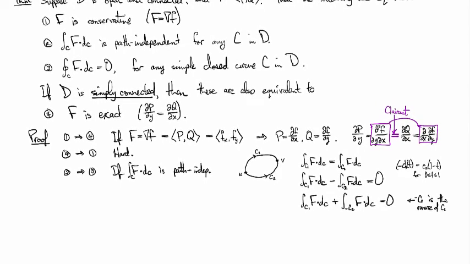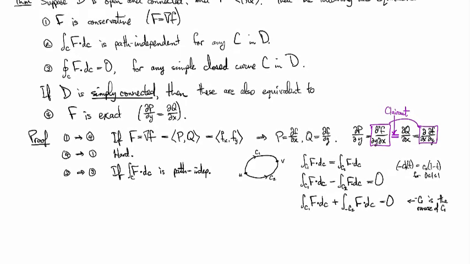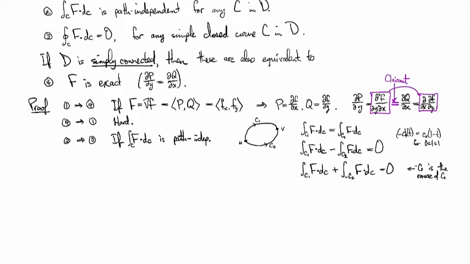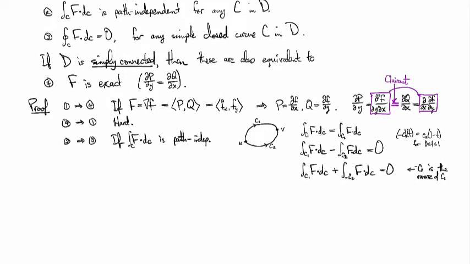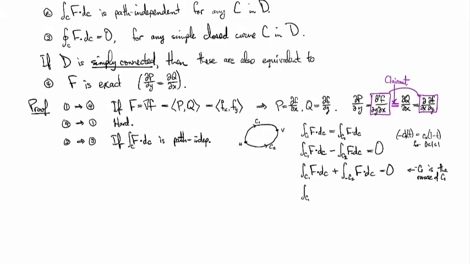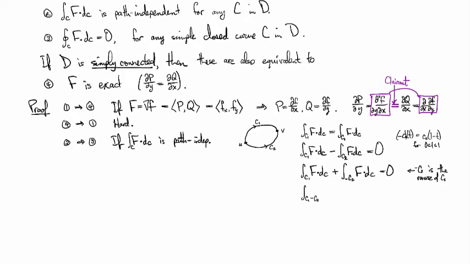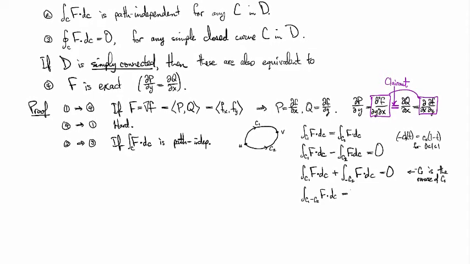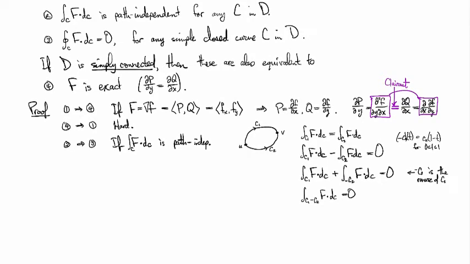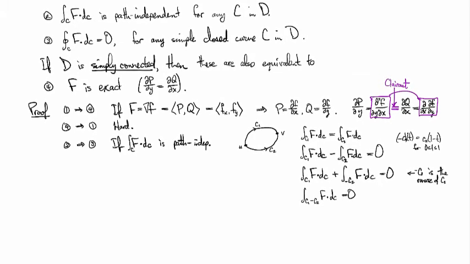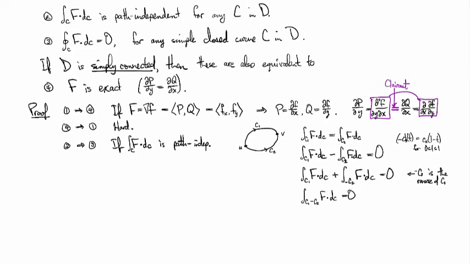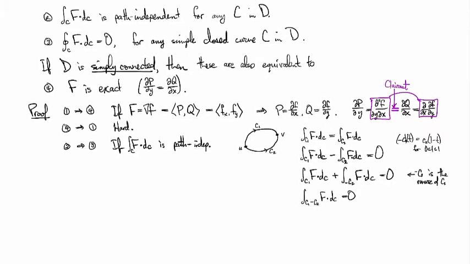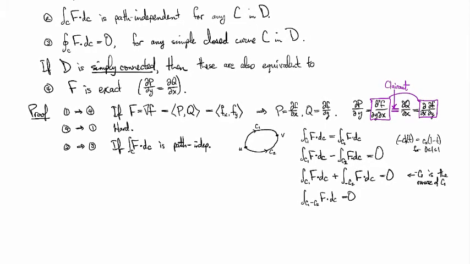So in other words, I just go backwards along the path. Okay. And then by what we know about integrals, we can add the parameter domains together. And what is that saying? That's saying that if I do the integral of c1 and then c2 backwards, it's going to be equal to 0. But c1 followed by c2 backwards